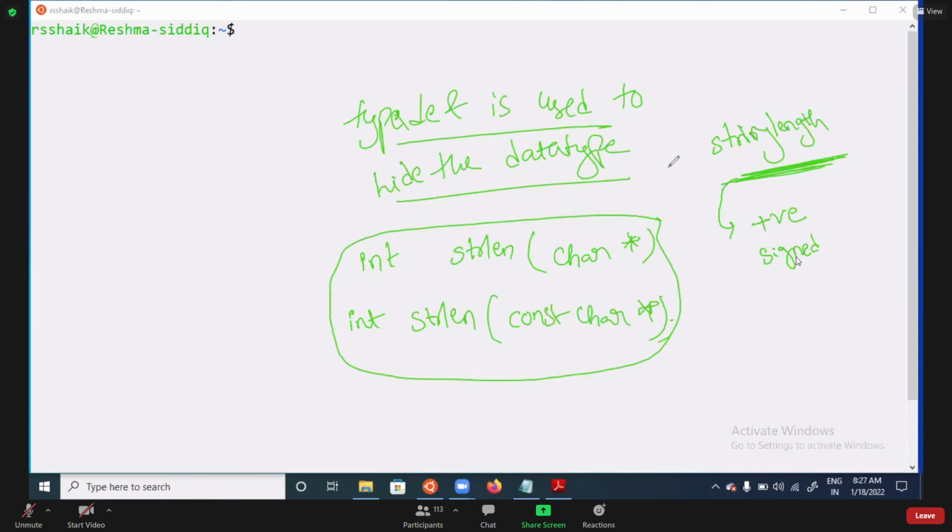Unsigned format. That means if by chance from this strlen function I return a negative value, it will take it as a negative value. Yes or no? So whenever you take string length, only a positive value will come. So that's why here you need to write unsigned. This is the correct syntax.